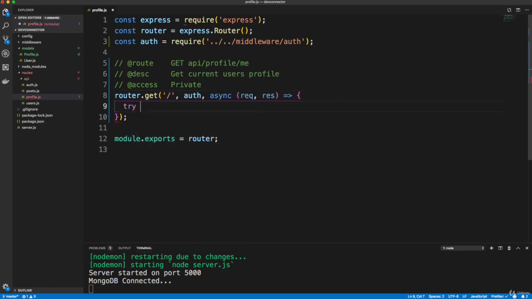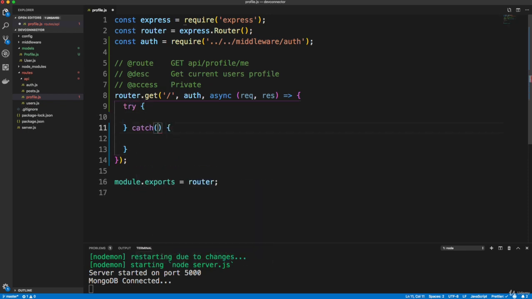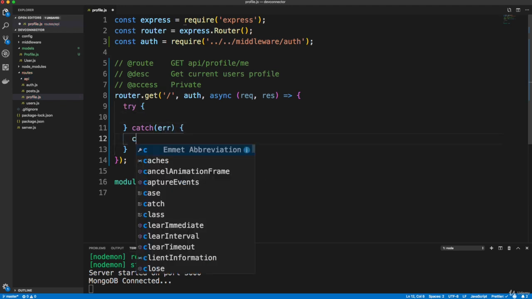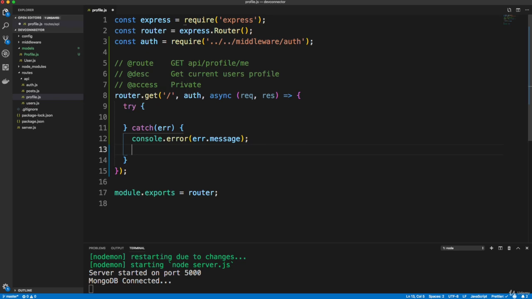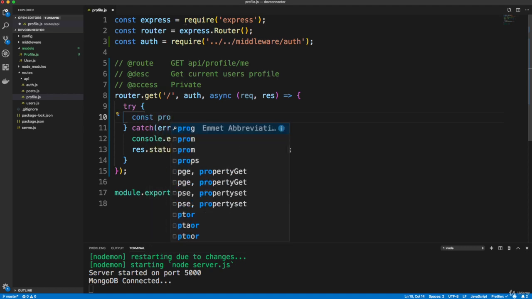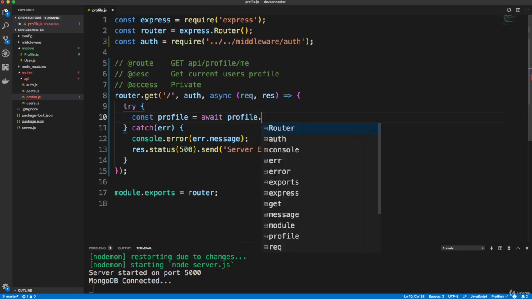Okay, and then we're going to do a try catch. This is going to be kind of a recurring theme here. So try catch, and in the error, we're going to do a console.error and error.message, and then let's just do res.status of 500, and just say .send, and then Server Error. All right, and then inside the try, we're going to create a variable called profile and set that to await